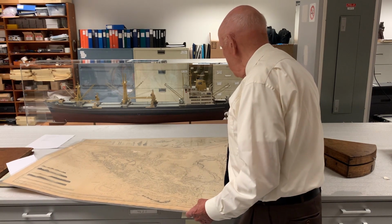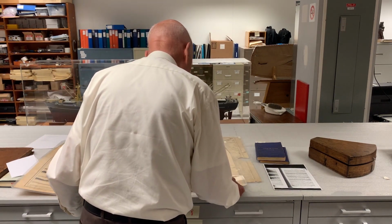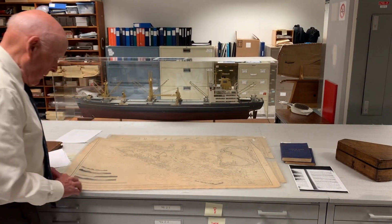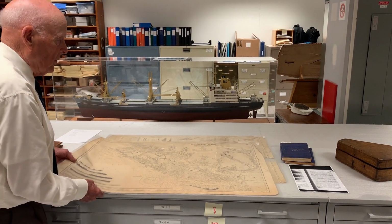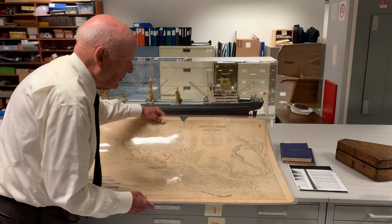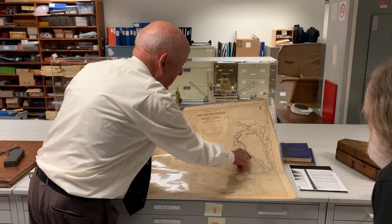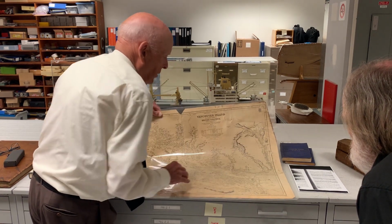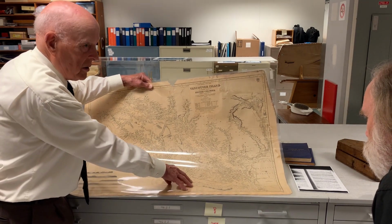And now this is a map of Vancouver Island, which in fact was published in 1917. They listed all the corrections so that mariners would know that it was up to date. I think it's an interesting map for many reasons. One of them is that the Fraser River is very clearly shown. The Harrison Lake area is there too, because of course that was a water route to the interior, using steamboats. Lots of soundings here in the entrance to the Strait of Juan de Fuca, which of course